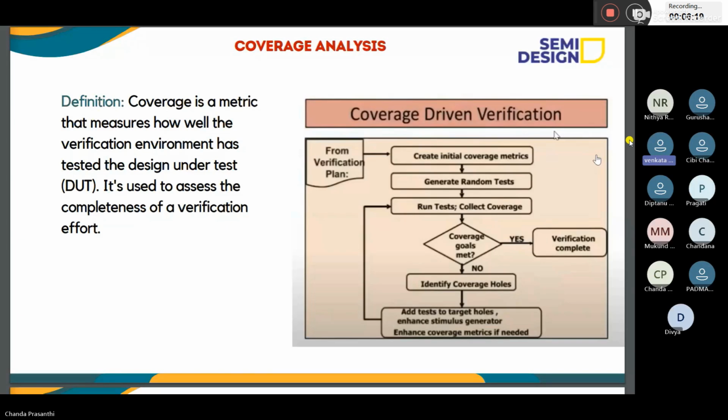If any bins are not covered in the verification part from the RTL, like any condition in the RTL is missed, any statement or any condition, we will be covering those points. We will be attending to those things in the coverage. Okay. What is meant by a bin? What is the difference between a bin and a hole?